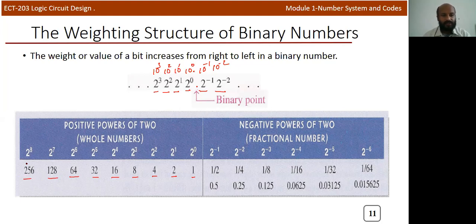If you know that 2 raised to 8 is equal to 256 directly, you can do the calculation much faster. Towards the right side, the fractional part, 2 raised to minus 1 is 1 by 2, which is 0.5, and 2 raised to minus 2 is 1 by 2 squared, that is 1 by 4, which is 0.25. And 2 raised to minus 3 is 1 by 8, so 0.125. At least you should remember these three decimal values: 0.5, 0.25, and 0.125. If you know this, it is very easy to convert the number system.